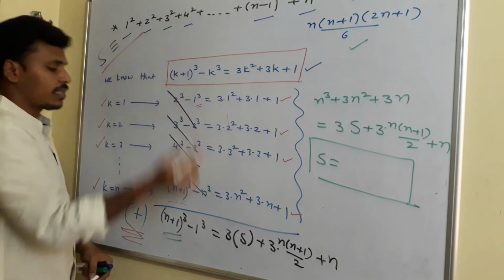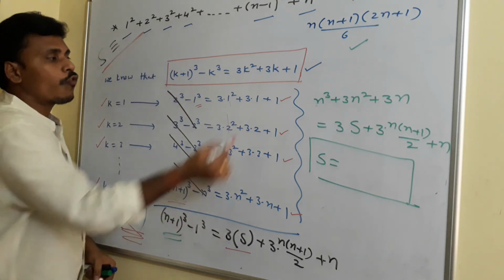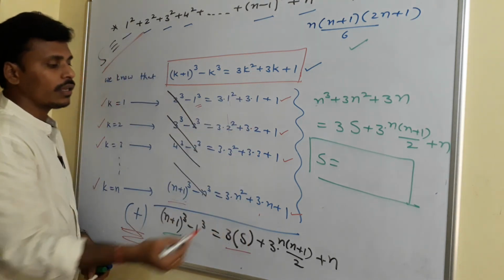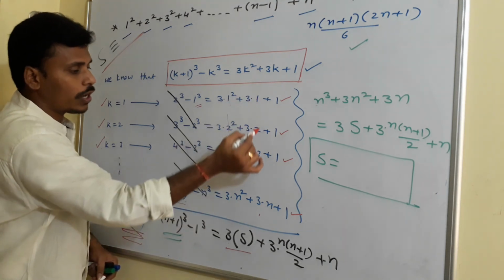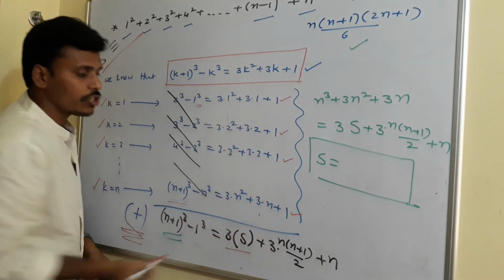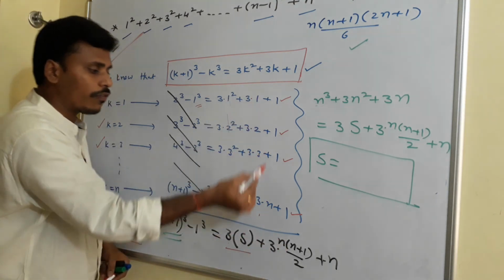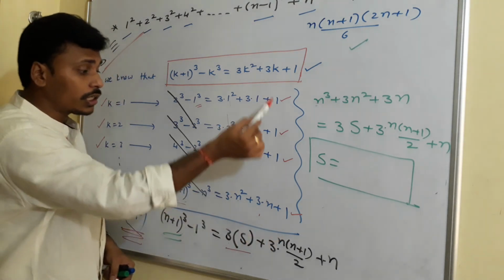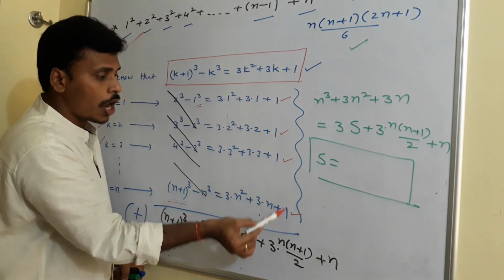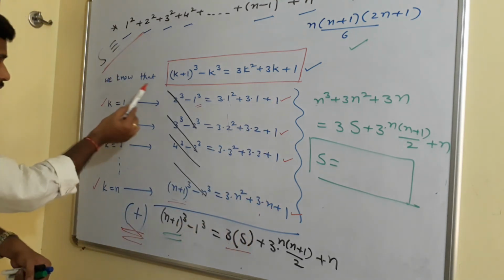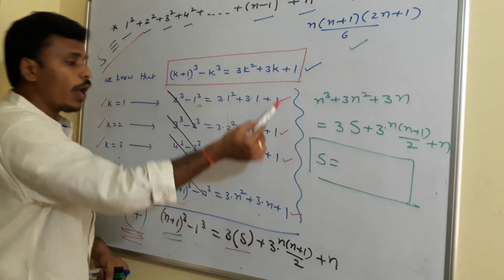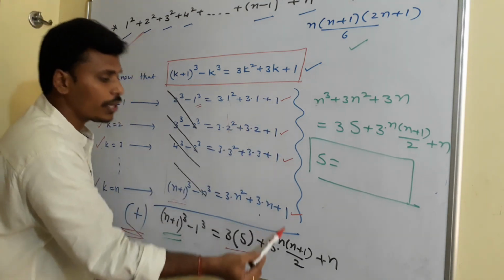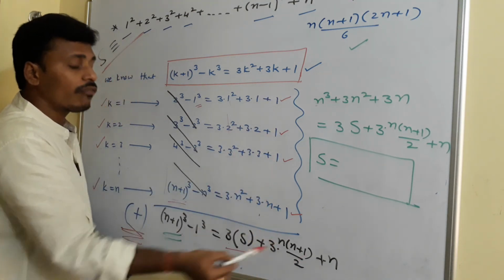Since you let it be s, take it as s. And now from the second column again 3 is the common factor. Just common out 3, add this 1, 2, 3 up to n, and that summation, as we know, is the sum of the first n naturals, n into n plus 1 by 2. Then coming to the third column, everywhere you have 1. How many ones are there? Since we have n equations like this, you have n ones here, and that summation is again n. Adding 1 for n times is n.